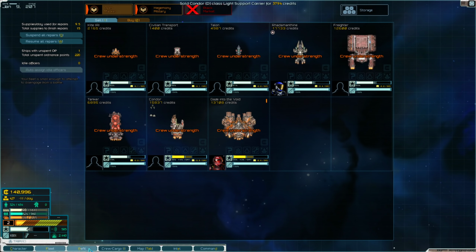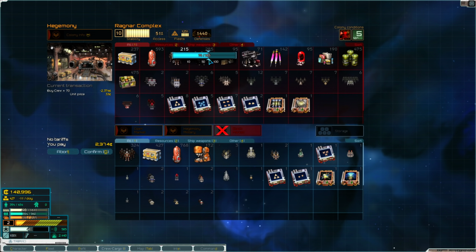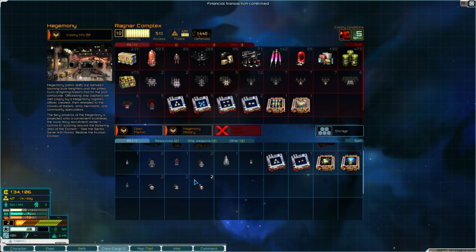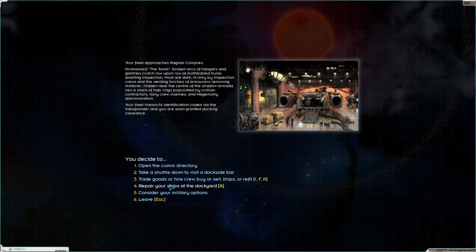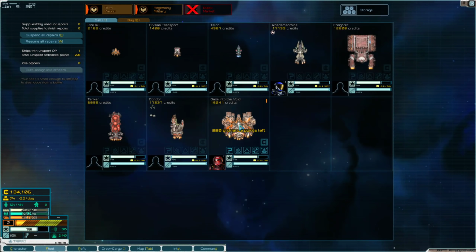I do have crew under strength, so let's fill out my crew. I'm going to hire on the black market. I'm going to hire a little bit more than I need, just so I don't bottom out and hit minimum. All right, repairing the ships. That cost me a lot, because that Dominator had some damage. For me to refit this thing...